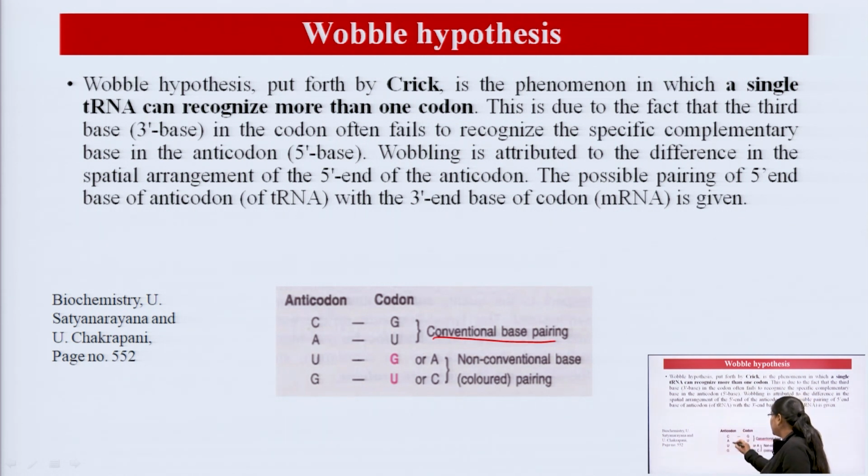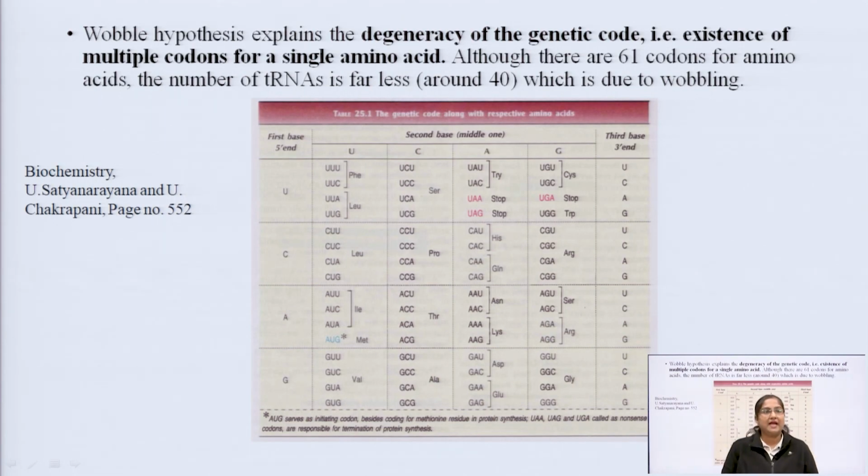C is bonded with G, A is bonded with U. But along with the conventional base pairing, there is a non-conventional base pairing, that is U will be bonded with G and G with U. This is the non-conventional base pairing. Now, the Wobble hypothesis explains the degeneracy of the genetic code, that is the existence of multiple